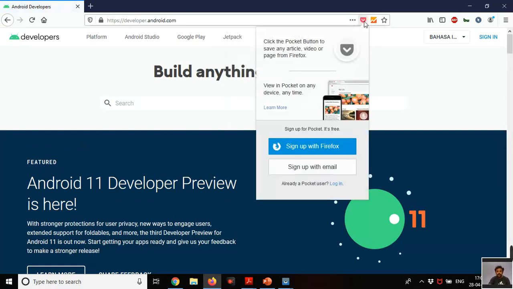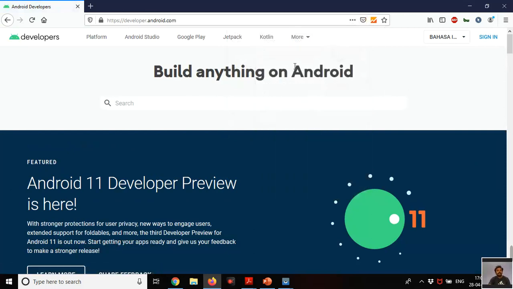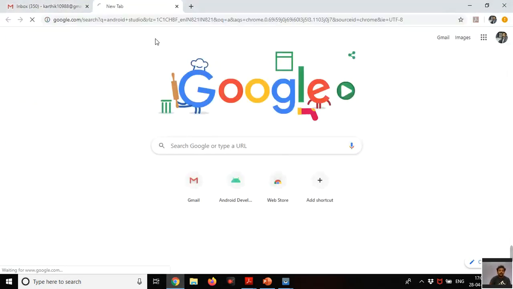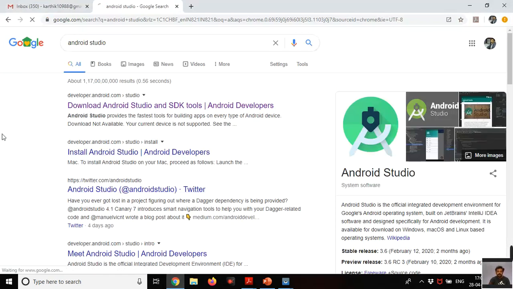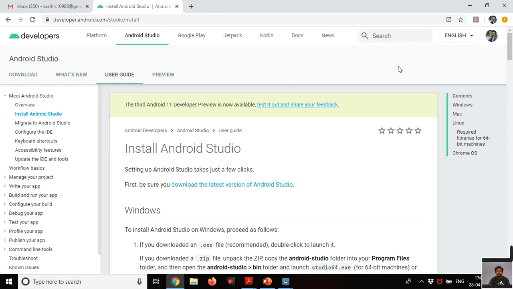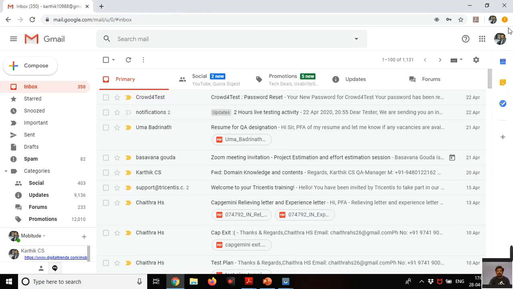The progressive web apps don't support other browsers, except the Chrome browsers. Okay, so this is about the progressive web app demonstration.